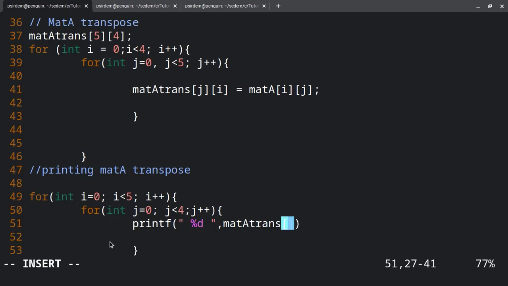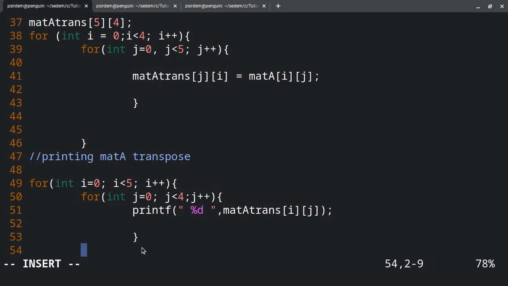We want the I and the j elements, so I j elements of that, and then let's end this line. But we want it to be printed nicely like a matrix, so we add a printf new line here as well to do that for us. So now we can save this